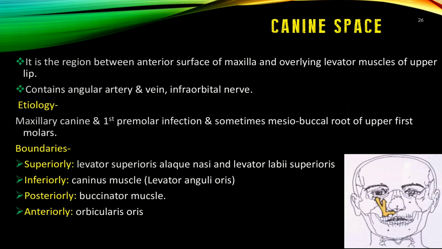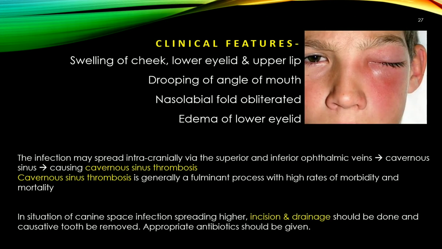So going to the life-threatening conditions, according to the severity, we start with canine space infection. The boundaries will not be discussed here, but the etiology can be canine or the upper first premolar, which can cause a swelling of the cheek, and this infection can ascend upwards towards the orbit. The problem there will be that the orbit has valveless veins, and this infection can migrate into the cavernous sinus